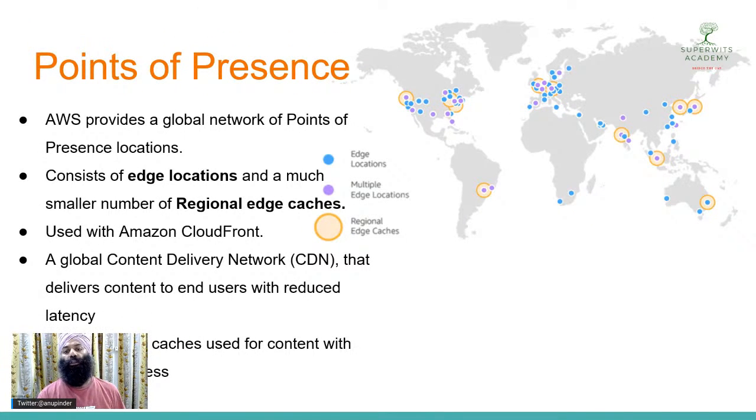So on the chart you can see the different kinds of edge locations, regional edge caches, and multiple edge locations. The primary use of the points of presence is that AWS is responsible for lowering the latency of application delivery to the users of any of its clients, right? For that purpose, they have created multiple entry points or edge locations which are closer to the users